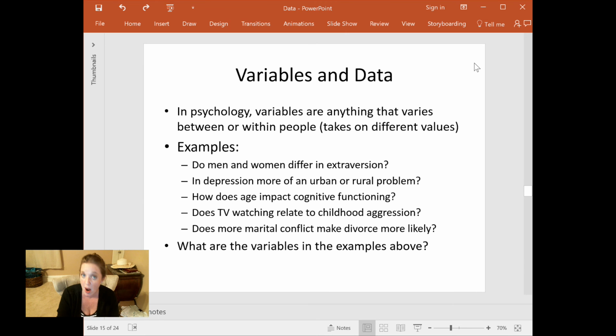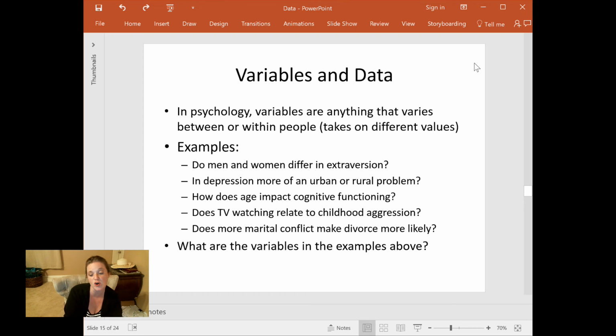Extroversion is probably measured quantitatively, where I'm probably going to give people some survey that asks them a bunch of questions. On a scale of 1 to 7, how talkative are you? On a scale of 1 to 7, how outgoing are you? On a scale of 1 to 7, how extroverted are you? Where I'm going to get some people who are very extroverted, some people who are not as extroverted, some people who are even less extroverted, and some people who are not extroverted at all. So I'm probably going to have a dimension-based variable for extroversion.